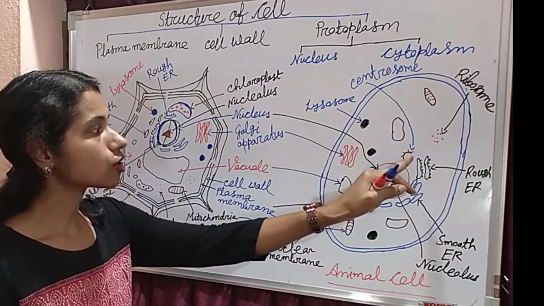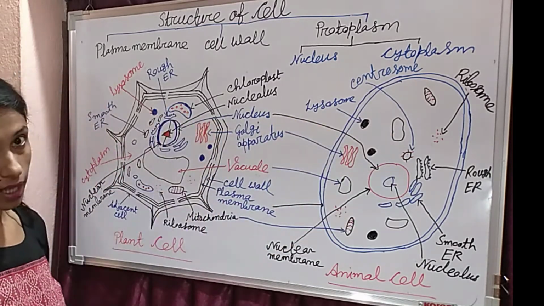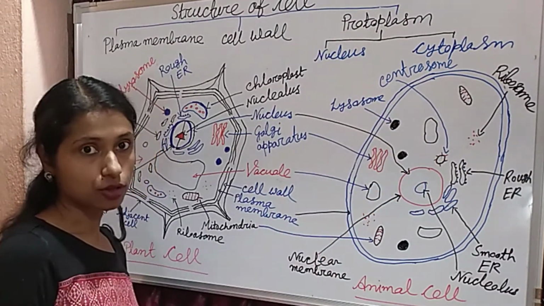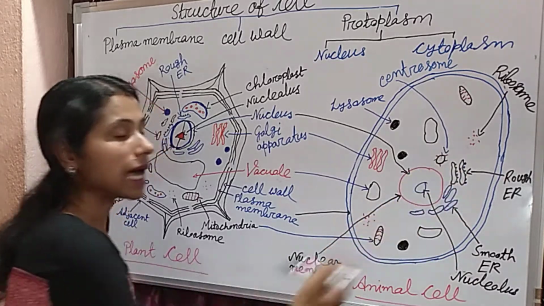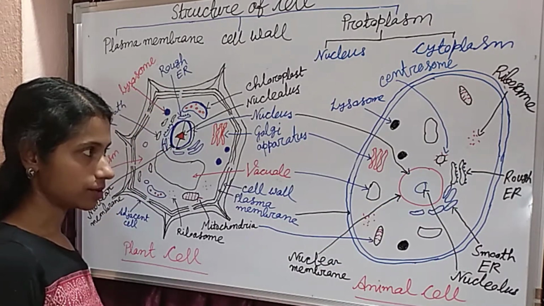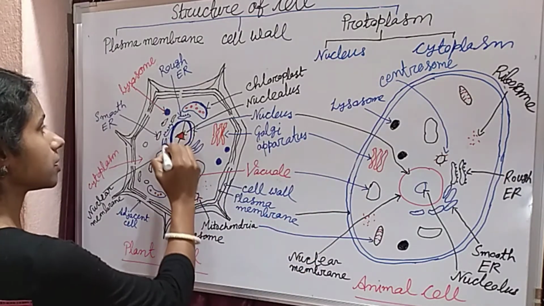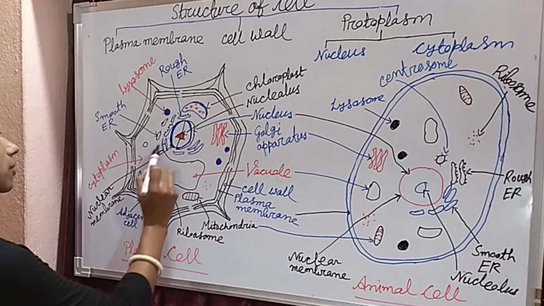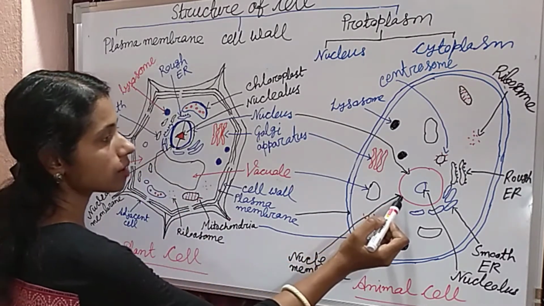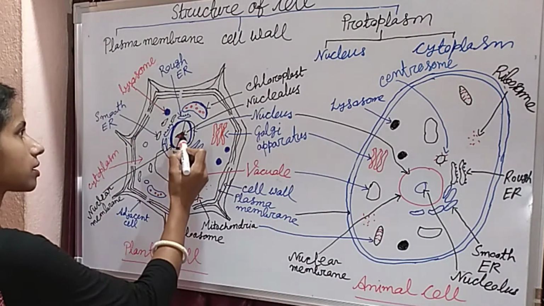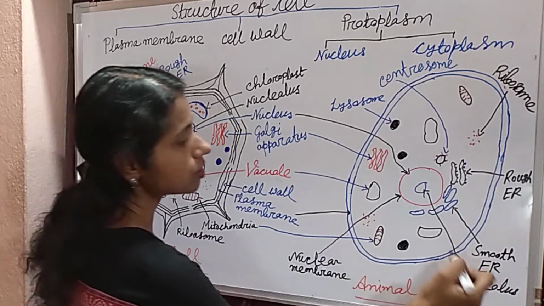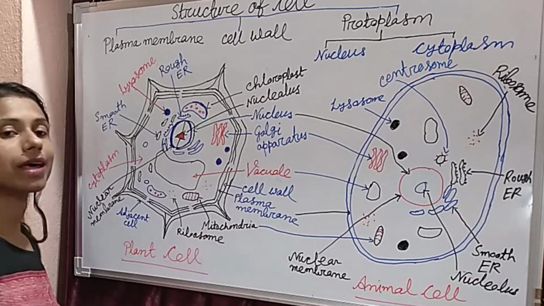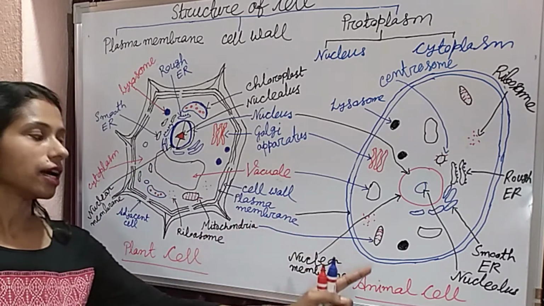Now the centrosome is present here, but in the plant cell there is no proper centrosome because the centriole is not present in it. The proper centrosome is present in the animal cell, which takes part in cell division. See the nucleus here. On the nucleus's outer structure you can see the nuclear membrane, and inside the nucleus, the brain of the cell, you can see the nucleolus. So these two are the basic structures of the plant cell and animal cell.